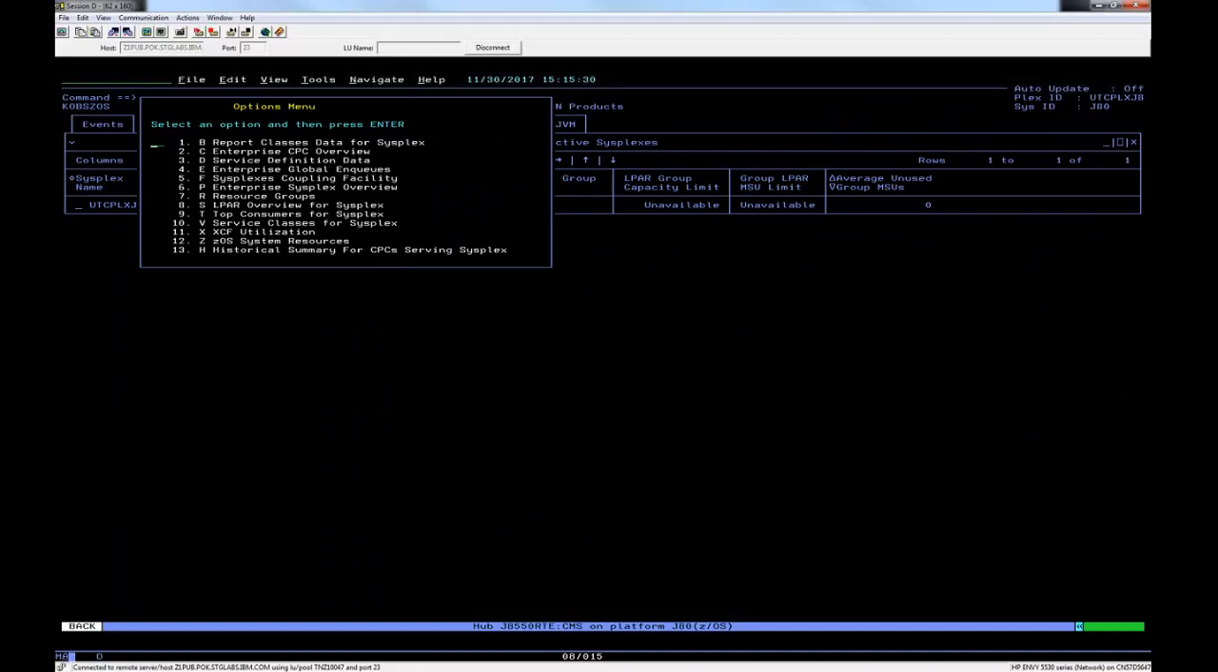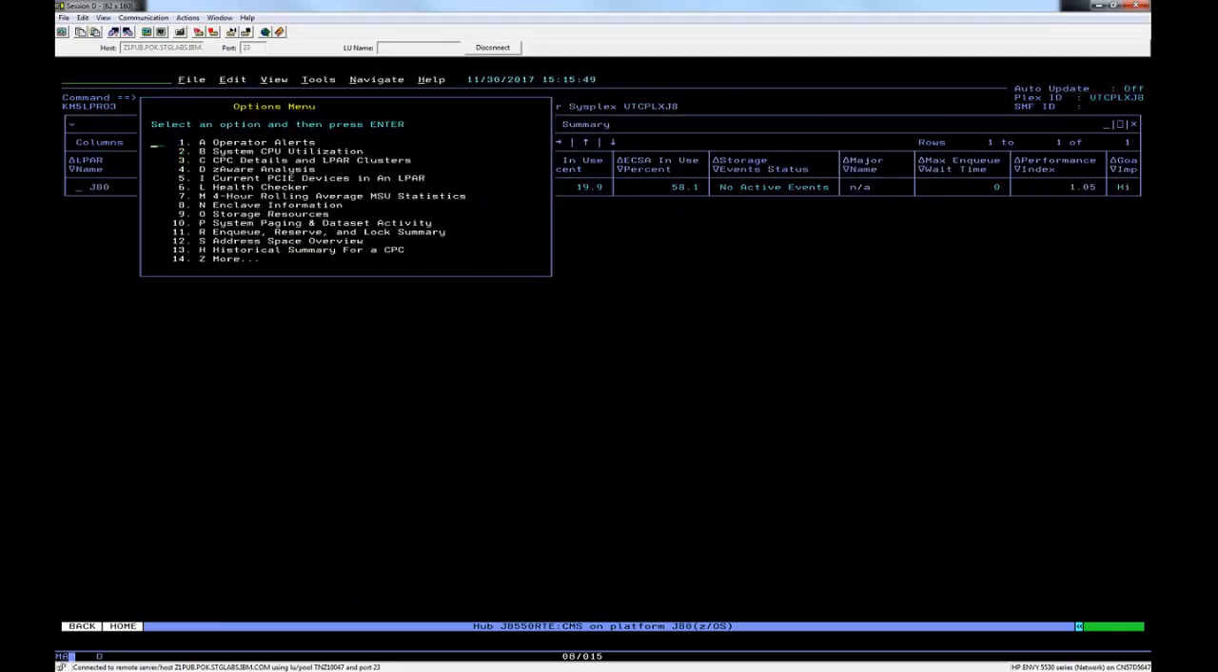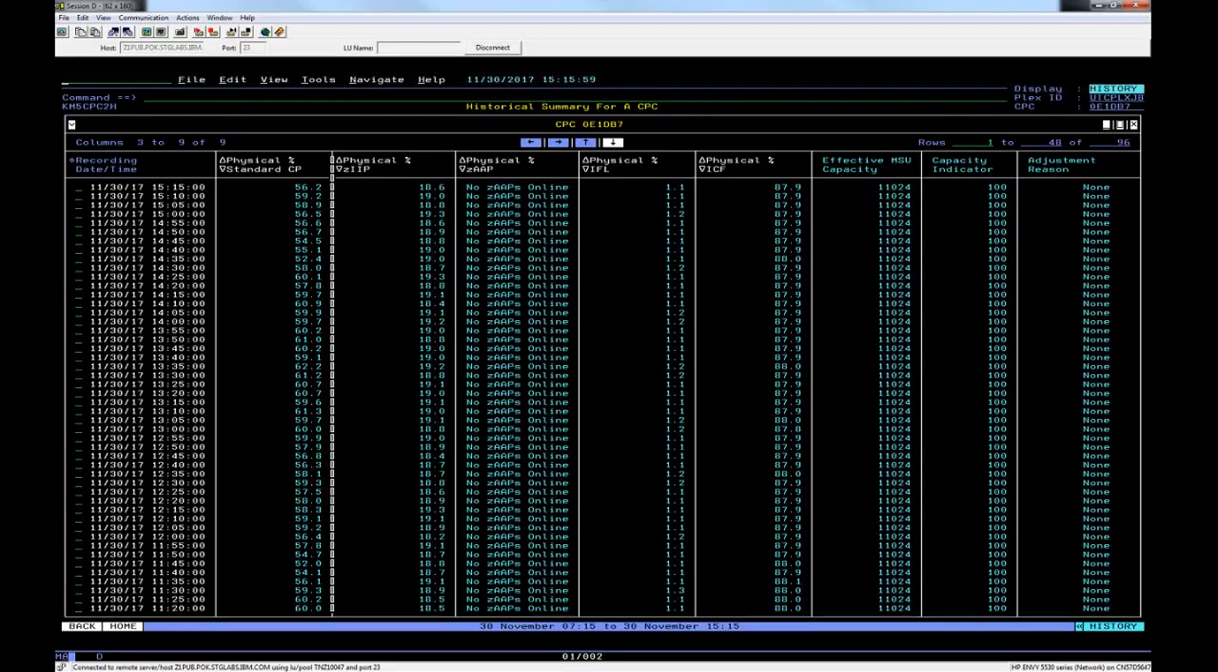Okay, the next selection is option 8. Here we look at the ElPro overview for Sysplex. Here we would see all of the ElPros running in the Sysplex. One interesting thing that one might want to do here is OMEGAMON for ZOS has near-term history. We can take a history option, historical summary for a CPC. So by entering an H, we can look at the history of this particular ElPro over a configured interval right